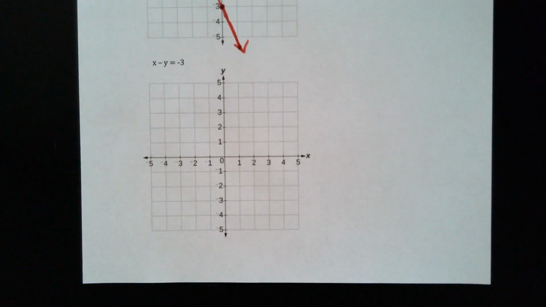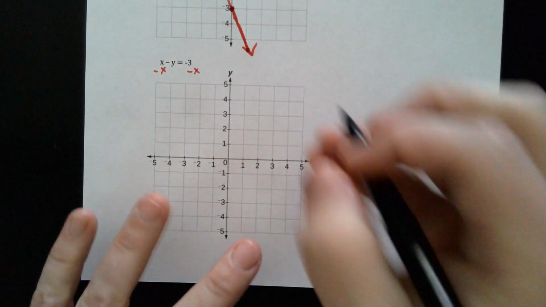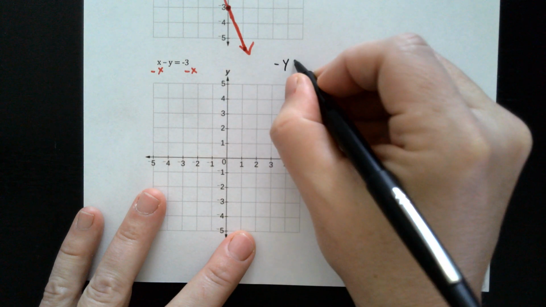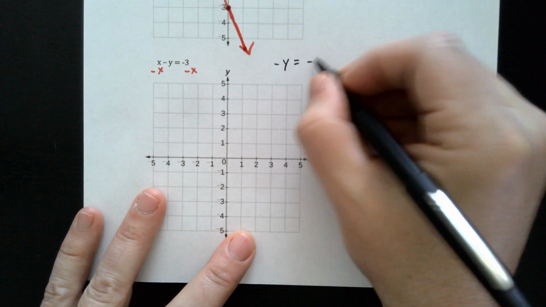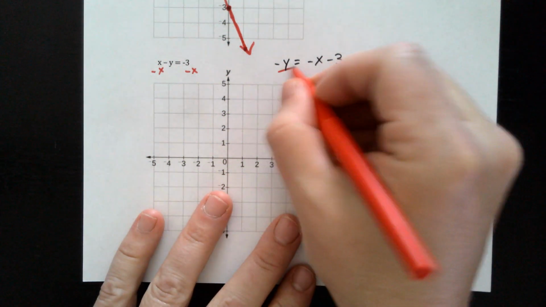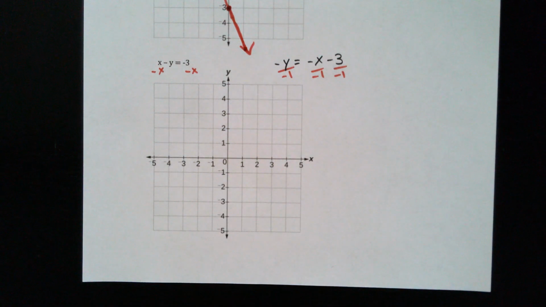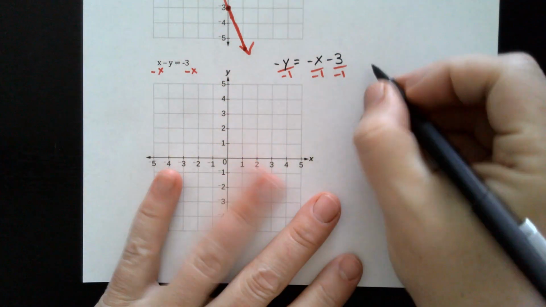Let's take a look at the next one. We've got x minus y equals -3. I need to get the y by itself again. First of all, I will subtract an x. That will give me -y equals -x minus 3. Now, we're supposed to be solving for y. I have a negative y, so I can take care of this by multiplying or dividing everything by -1. So let's just divide by -1. Remember, when you divide a negative by a negative, it turns into a positive. So this will be y equals